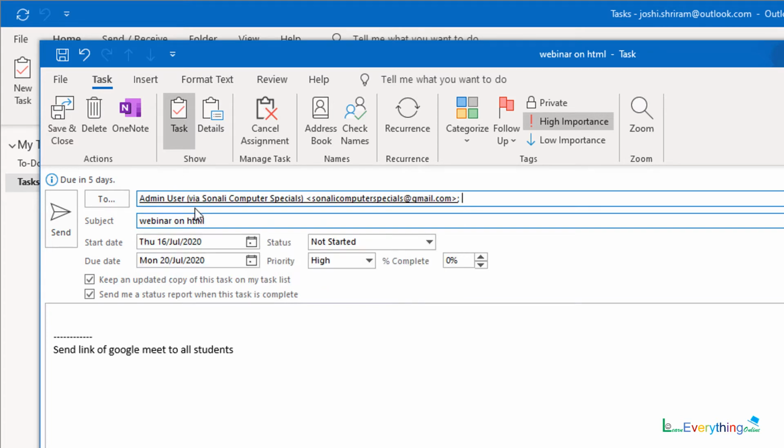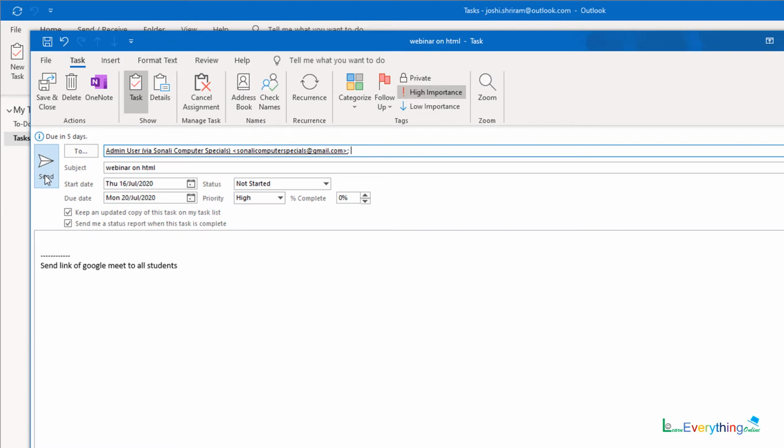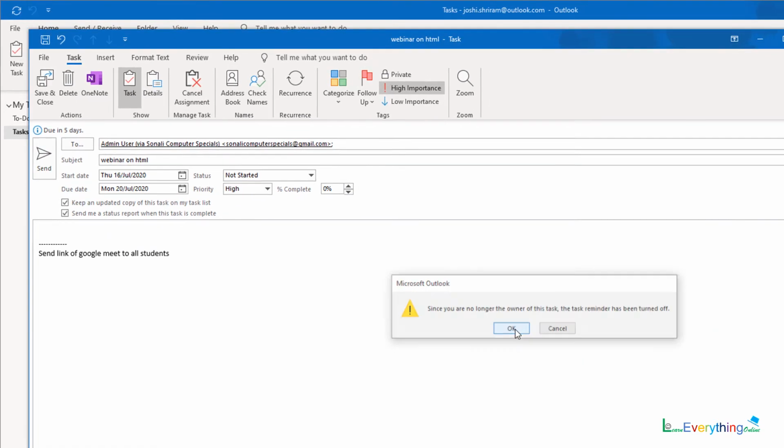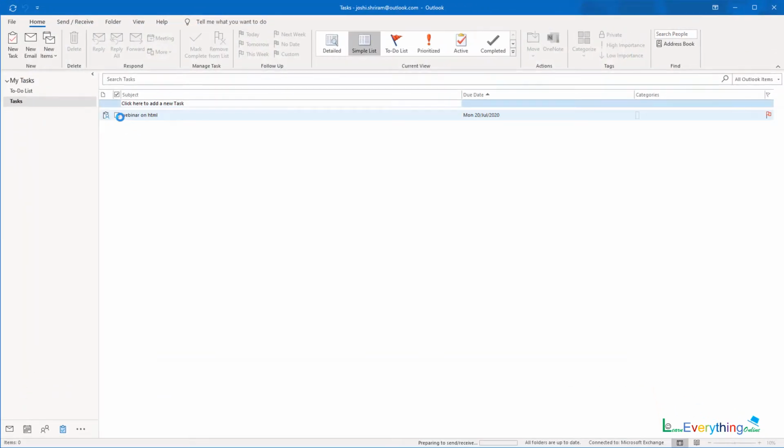If I keep it as this list, it will attach that entire email ID and it will send a reminder to the person that you are actually allotted a job which you are supposed to do after 5 days. So when I click on send, this particular mail or task will be sent as a mail to the person to whom I am allotting this task.